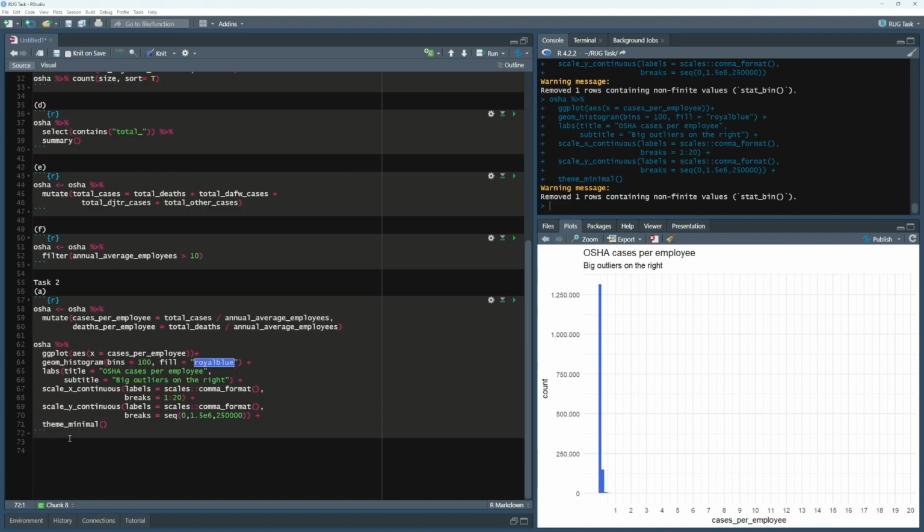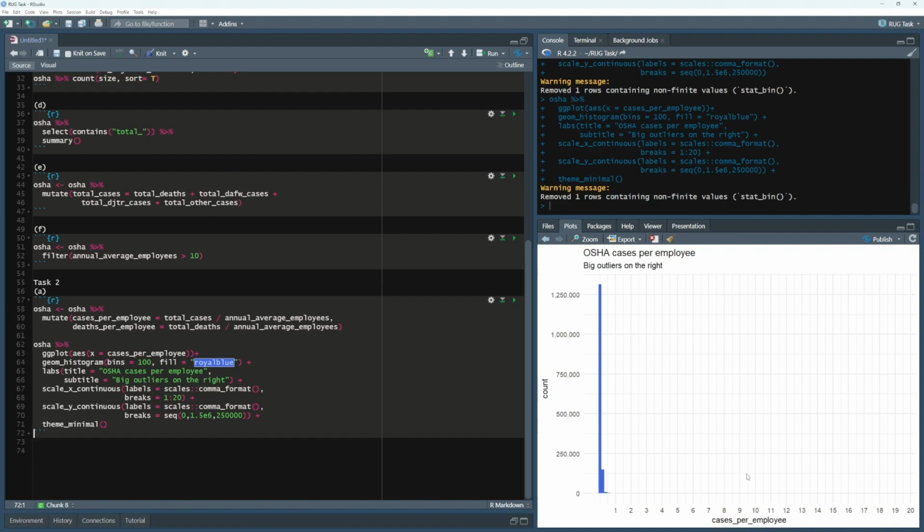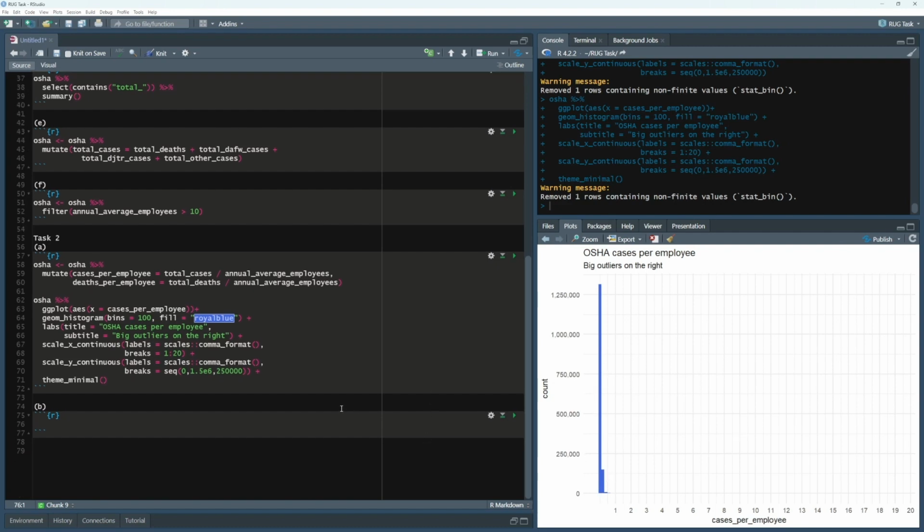So now let's move into task B, where we're going to deal with our outliers here that we can't currently see. So let's make a new chunk here. And so first up, we want to know how the distribution looks like. We can already see that most companies probably have 0 or 1 cases per employee or something in between. But let's see just how unbalanced this data set is by